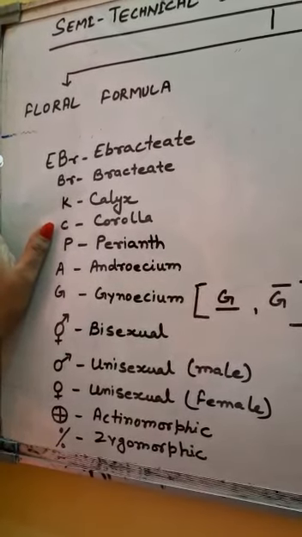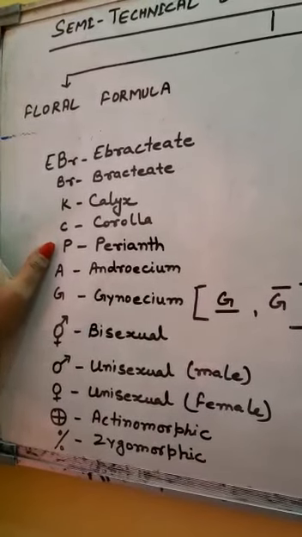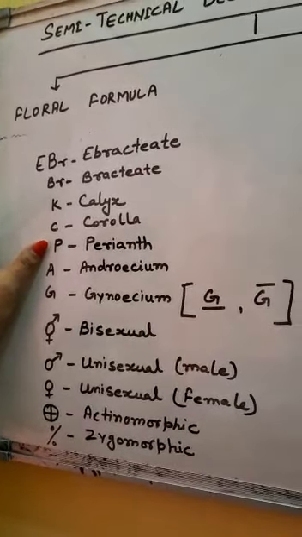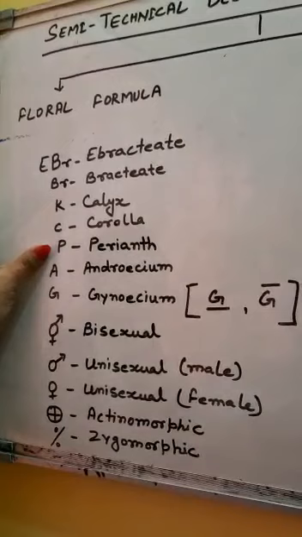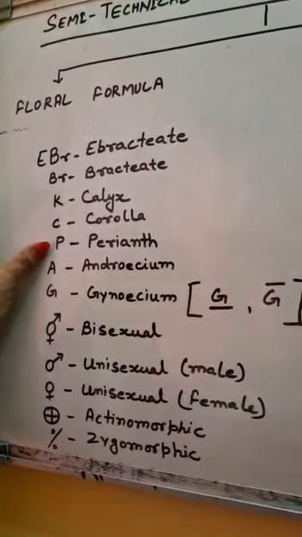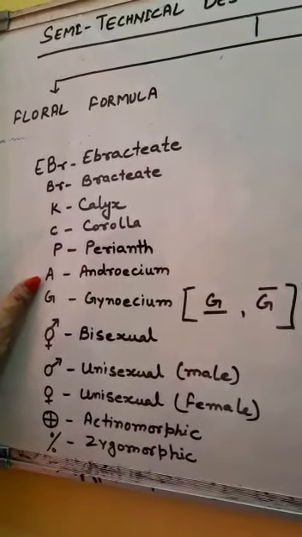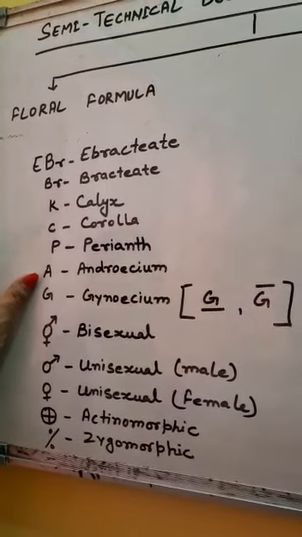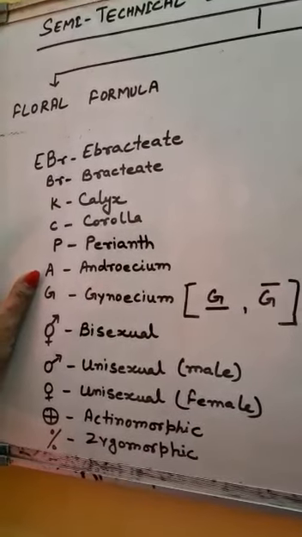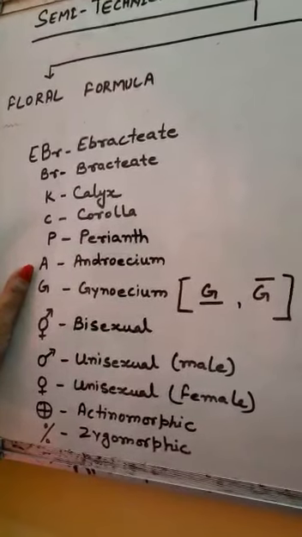So it tells the number of corolla present in it. P is used for perianth. So in some flowers, as we have discussed earlier, calyx and corolla are not distinct and hence that whole is called perianth. So P denotes perianth. A is for androecium, and again after A we write down the number. Suppose a flower is having 10 androecium which are not fused. So we will write A10.